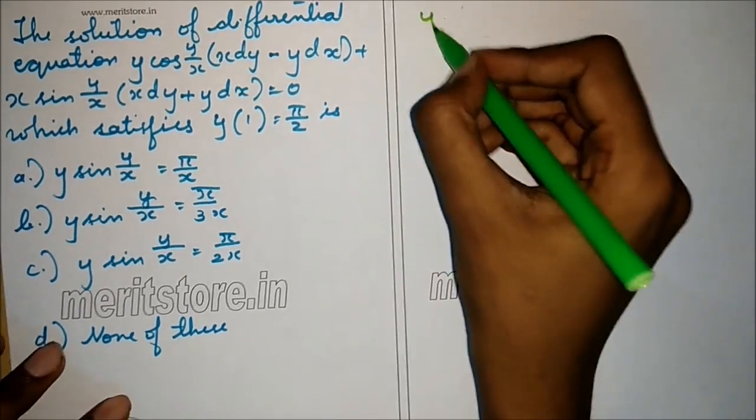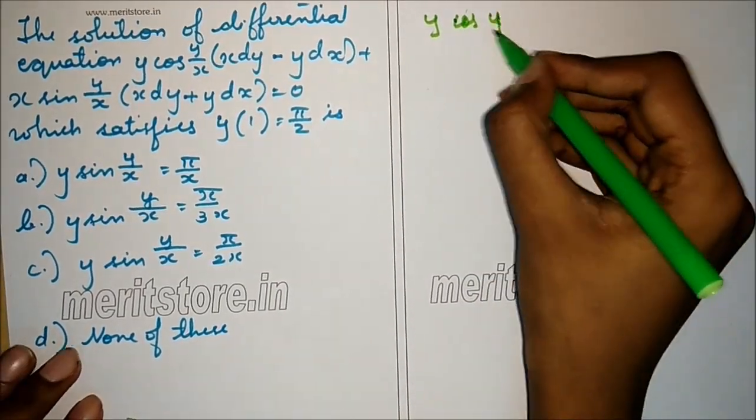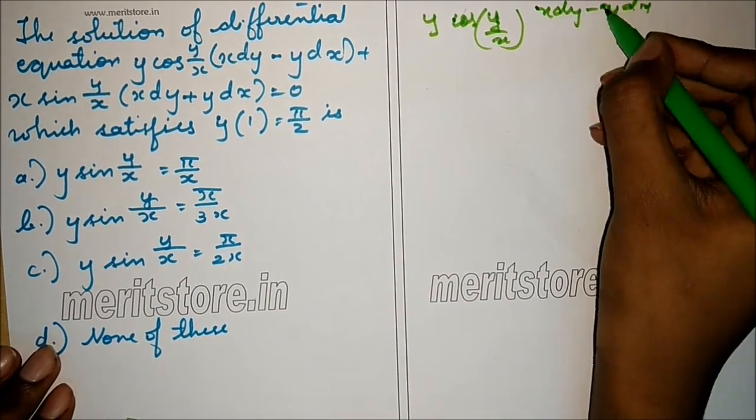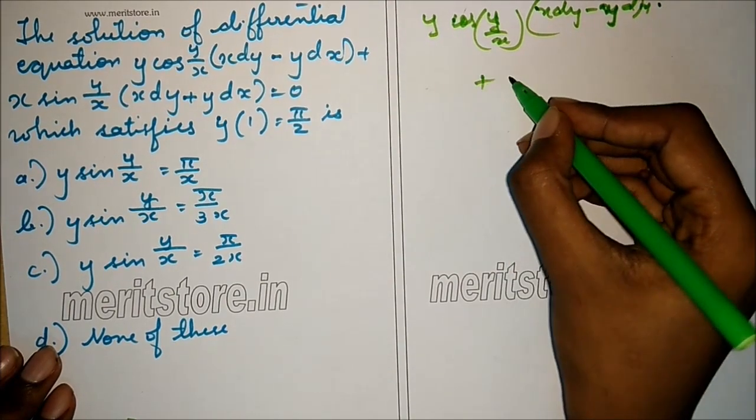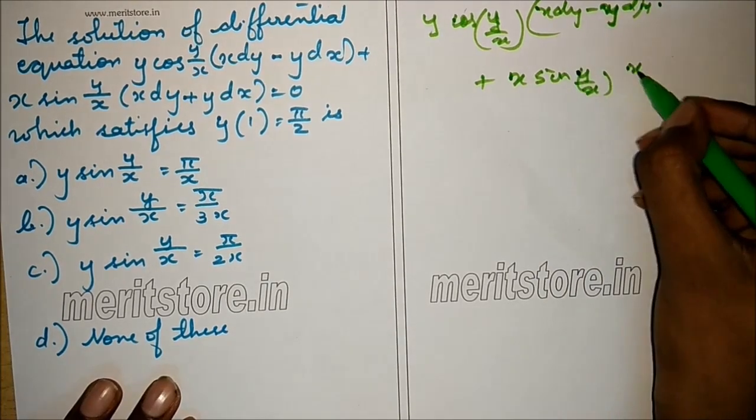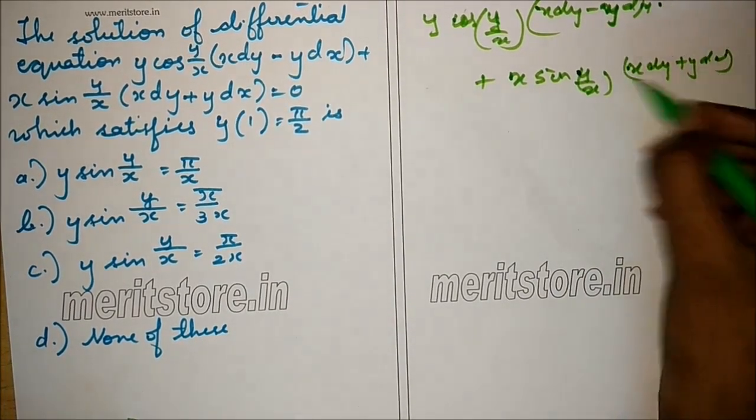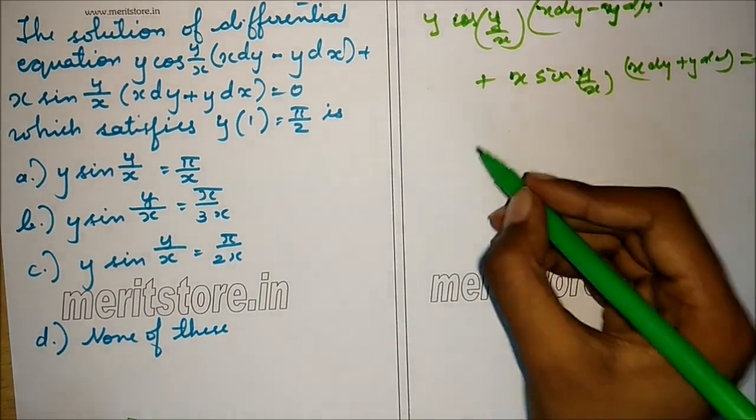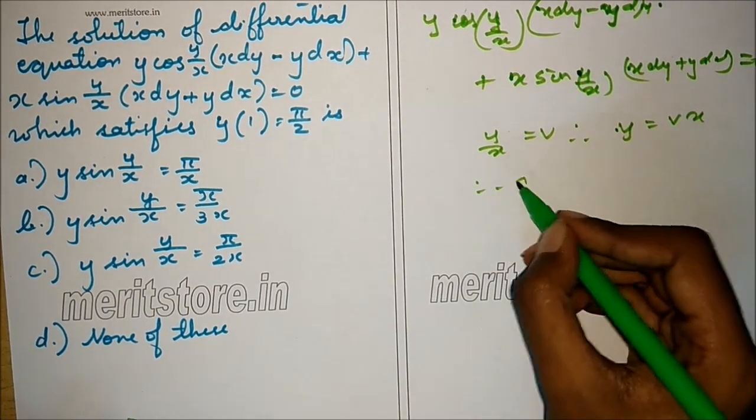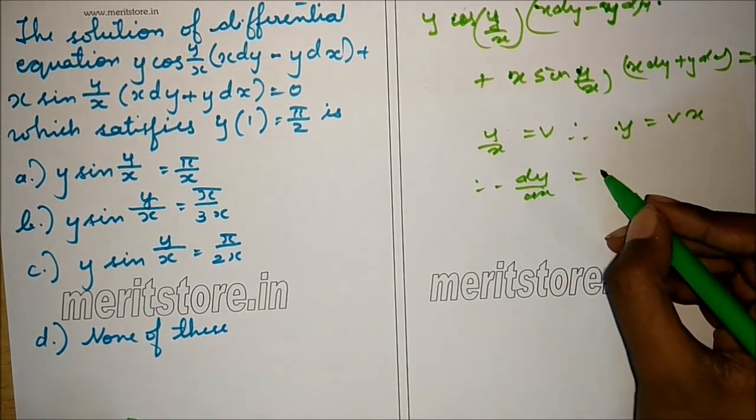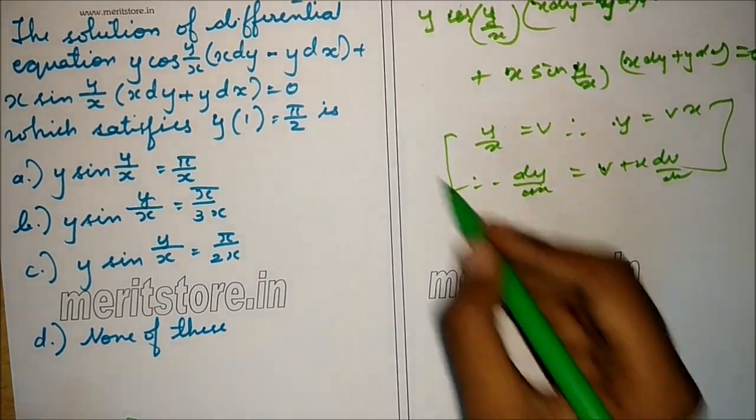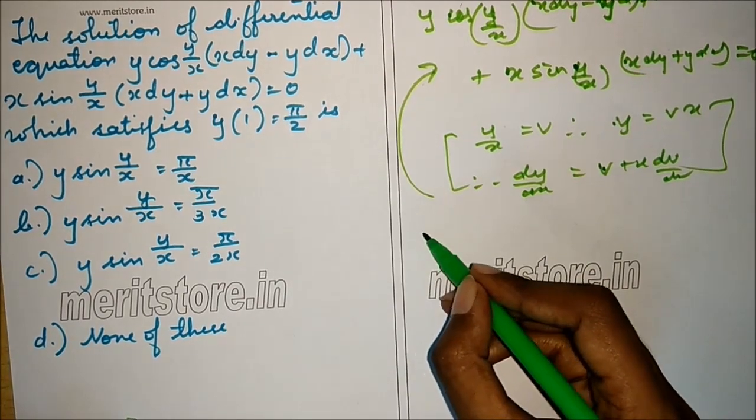Given differential equation is y into cos of (y by x) into (x dy minus y dx) plus x into sine of (y by x) into (x dy plus y dx) is equal to 0. So put y by x equals v, therefore y equals vx, therefore dy by dx will be v plus x dv by dx. So substituting this here, we get v